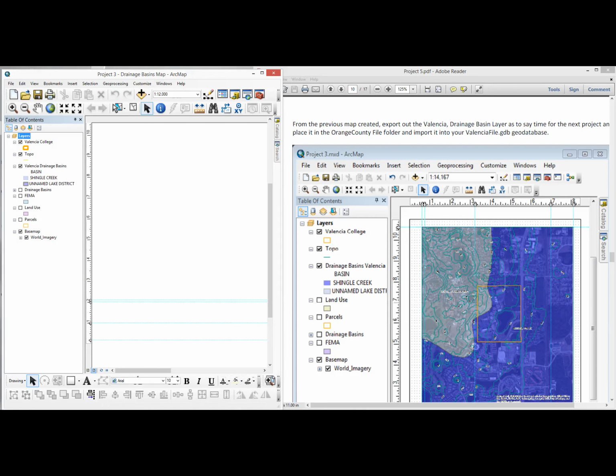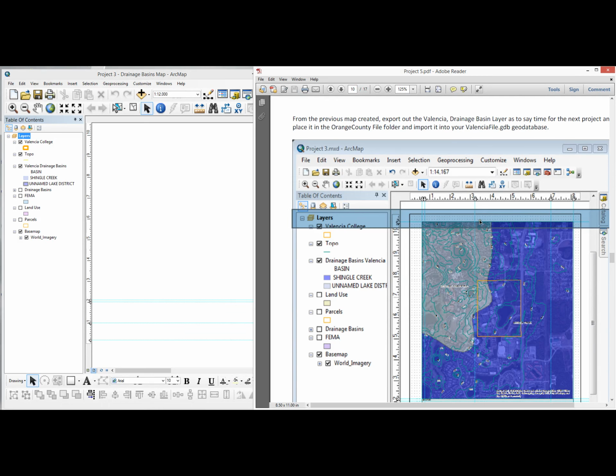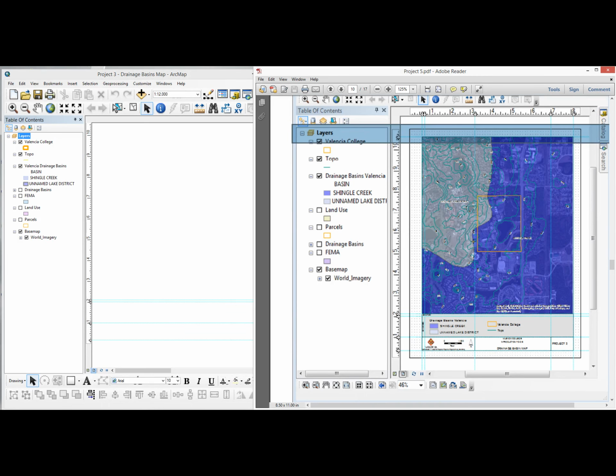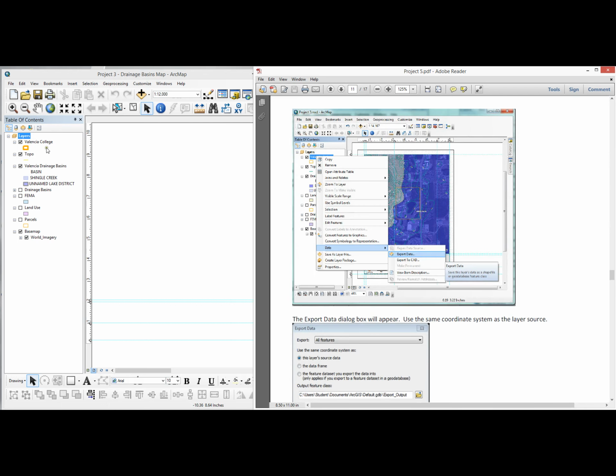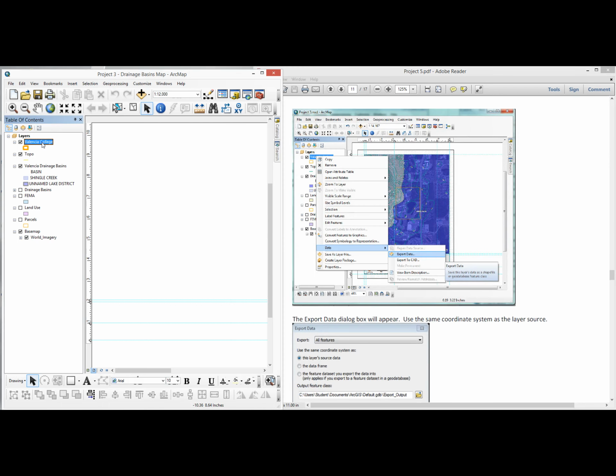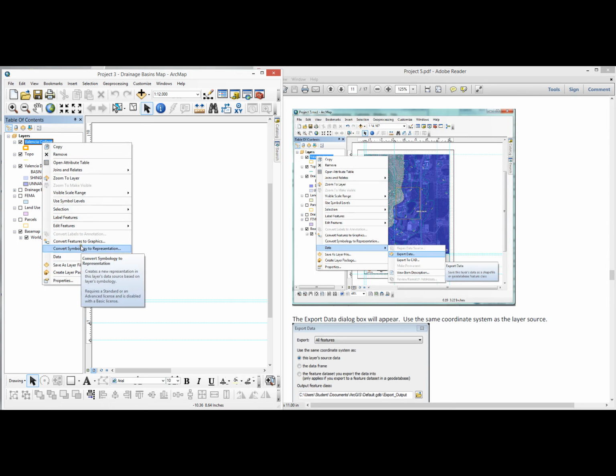So now we're going to go over exporting data from a previous project. I opened up project 3 where we created our drainage basins, and I'm going to export some information into our geodatabase file. We're going to export the layers, Valencia College and the drainage basin. When we go to our Valencia College layer, we'll right click and go down to data and